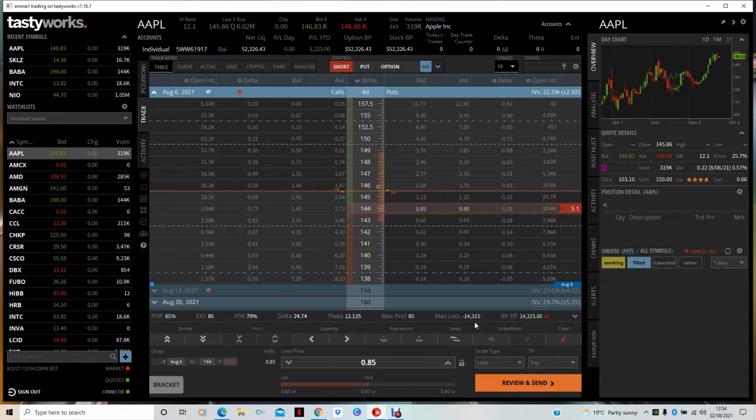So the realistic risk there is I have to buy 100 shares of Apple at $144. But that's okay, because I wanted to buy Apple anyway. I'm willing to buy Apple at $146. I'm even happier buying at $144, and I'm being paid $85 for doing that trade. This contract will end on Friday this week because I've taken out the weekly option.